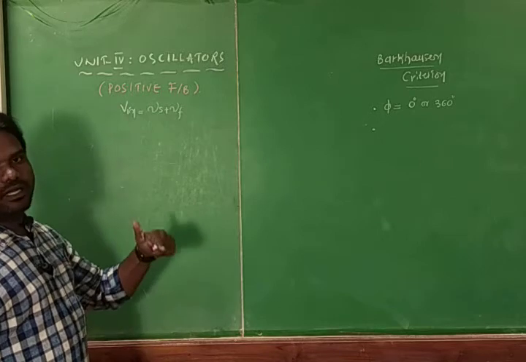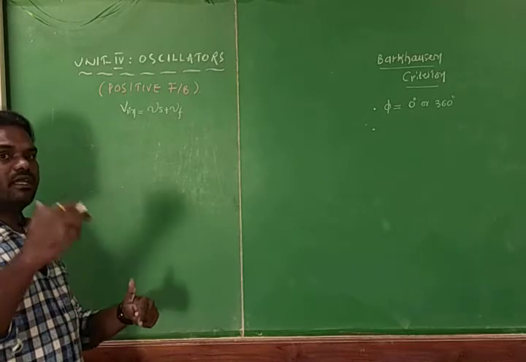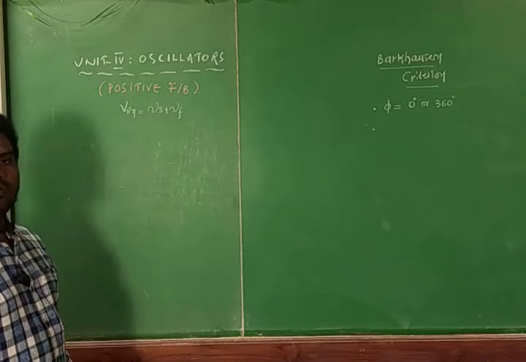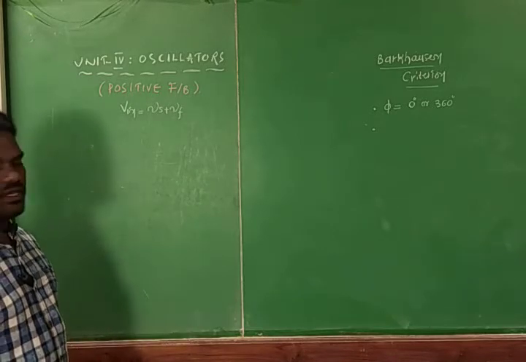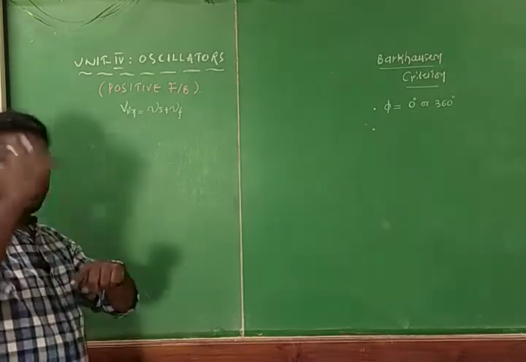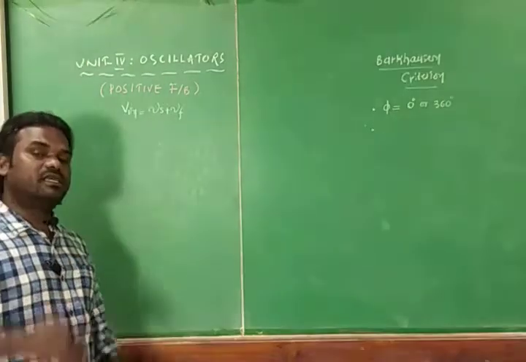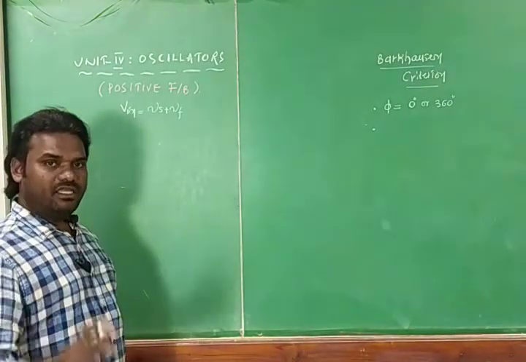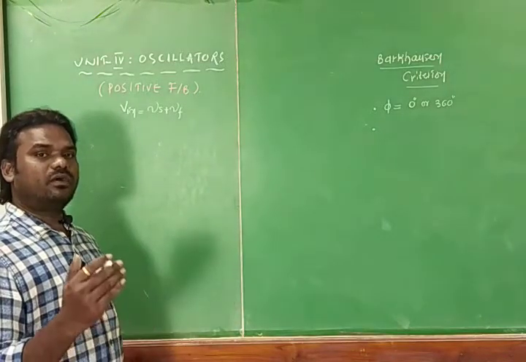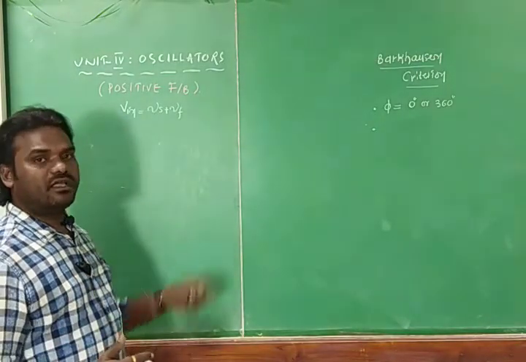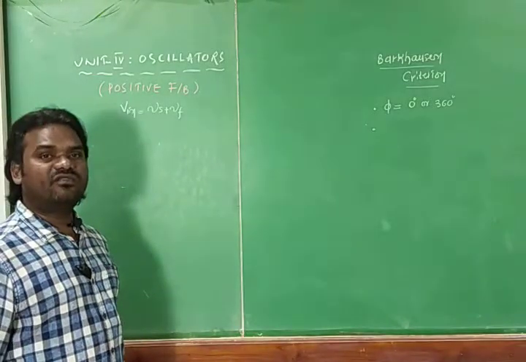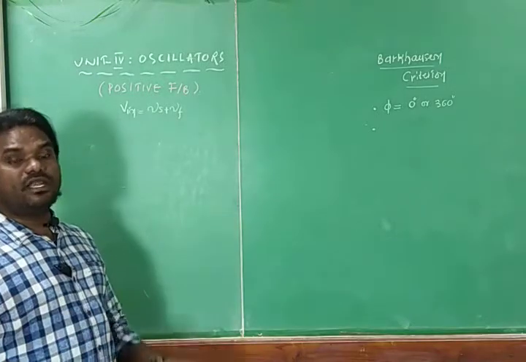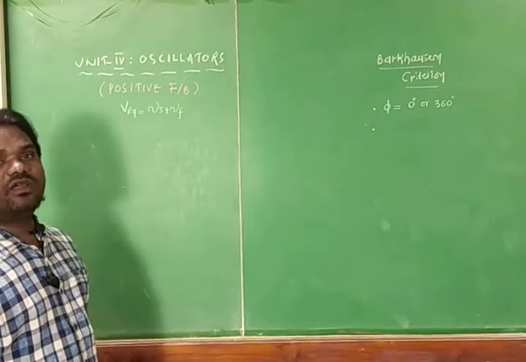So Vin keeps on increasing, so Vout also keeps on increasing, so the gain also increases. Gain is nothing but Vout by Vin. That means Vin increasing, then Vout also increases. If Vout increases, obviously the gain increases. So Vin keeps on increasing, so that at one particular point of Vin, instead of making the amplification, the circuit makes the oscillation. That means at that point the gain will be infinite.